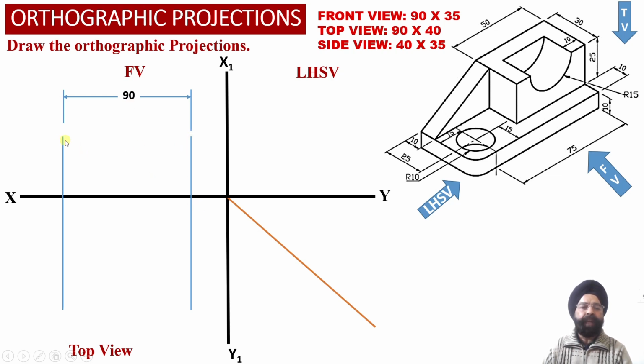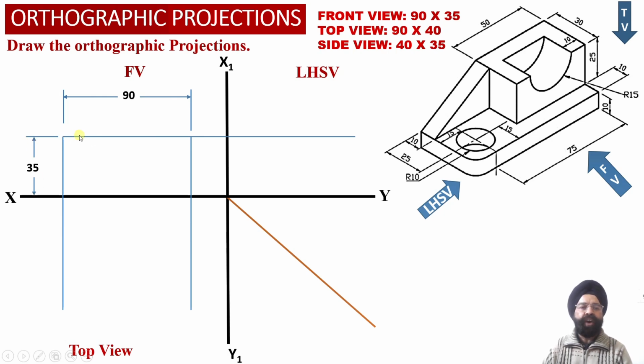And these two vertical projector lines we have appropriately extended into the top view projections, because into the top view projections as well the width of the solid equal to 90 millimeter we are required to obtain over here. Next we know that corresponding to this solid the height of the solid is equal to 35 millimeter. So we have marked this height of the solid equal to 35 millimeter into the front view projections, and